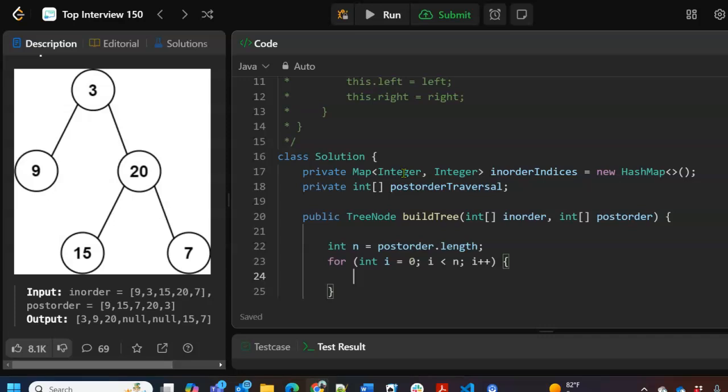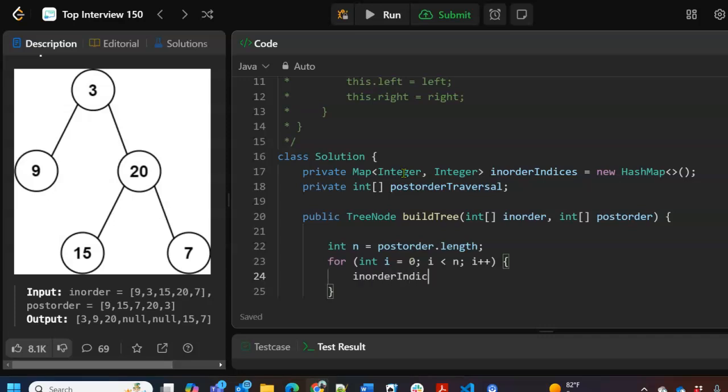I think the limit on the length of that was 3,000, but you still don't really want to do that. An easier way to do it is to set up a hash map. The keys to the hash map will be the node values, and the value in the hash map will be the index in the in-order array. So we can do O(1) lookups, because we're going to need to do that multiple times: find a value in the post order traversal and then find the index of that value in the in-order traversal. So we can convert it to an O(1) lookup by saying